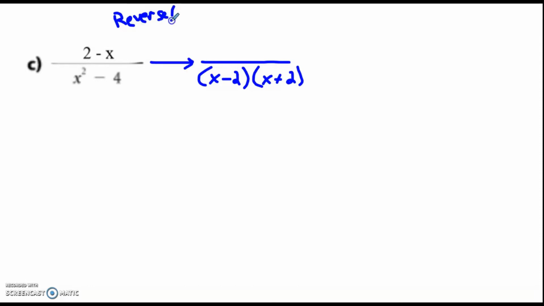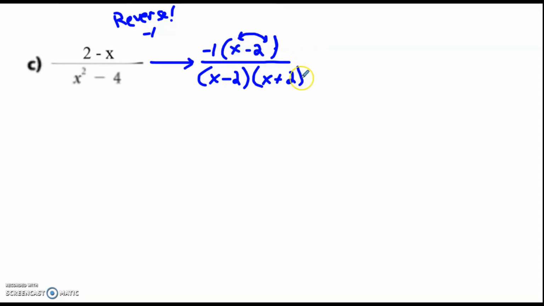Okay, so we're going to reverse by pulling out a -1. So if I write a -1 and open a bracket, flip the signs here. So 2 becomes -2. Negative x here becomes positive x. Can I just double check? If I distribute this back into the brackets, you're going to get positive 2 minus x, just like how I started. And then I'm just going to switch the order of these two things, right? So I can write positive x subtract 2. That would be the same thing. So I'm going to write positive x subtract 2,